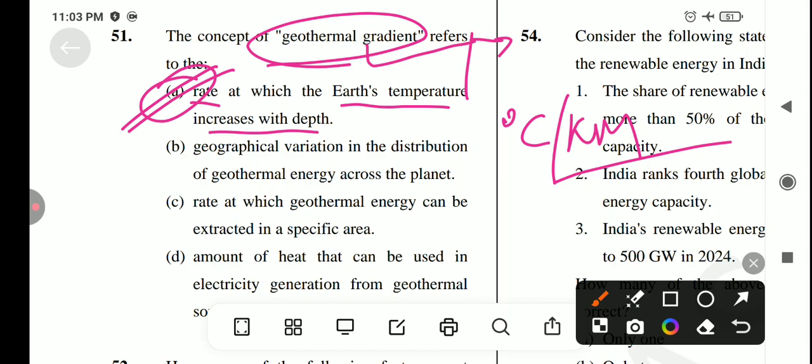okay, and if we're talking about the types of geothermal gradients, it's two types, which is first is high gradient, another one is low gradient। okay, and if we're talking about the high gradients, an area with active volcanic activities or tectonic movement has a high gradient. And if we're talking about the low gradient, in stable old continental crust area the gradient can be lower। okay, so answer is option number A। let's come to the next question, which is